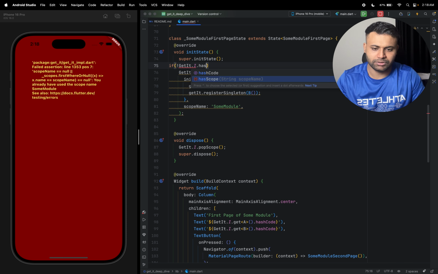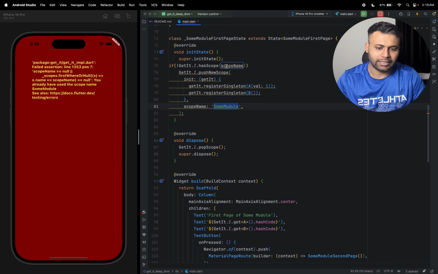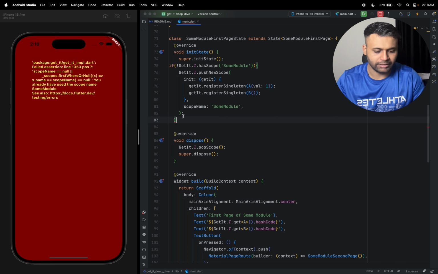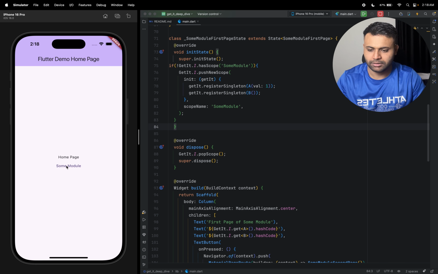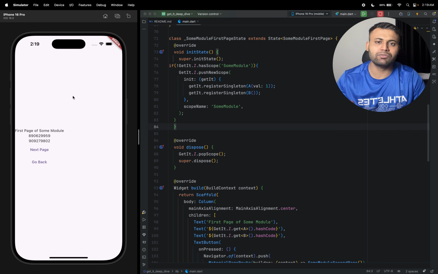For this we can use hasScope method, and here we can pass the identifier. So here our identifier is some module, right? Now let's rerun the application. Let's go to some module, next page, and again some module. So we have solved this error, but there's one more error, and that error will only arrive if you are